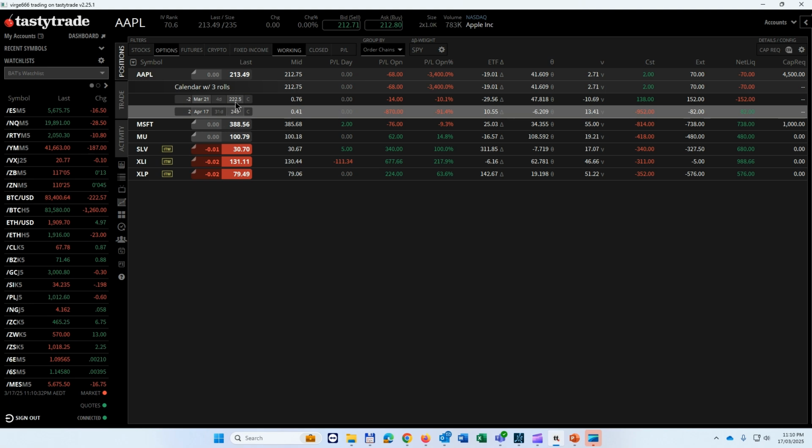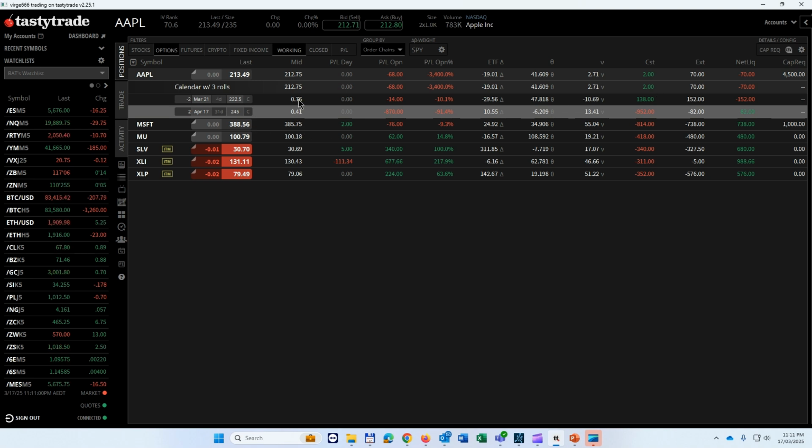I got 31 days. I got 4 days left in this one, 76 cents. We're only short 20 deltas because what I've been doing is selling the options much lower. The bad side of this is look at the capital requirement. It's 4.5 grand. It's the difference between the strikes. So you can't just keep rolling down because you'll run out of money. There isn't really $4,500 at risk here. There is maybe $280, even if the apocalypse happens.